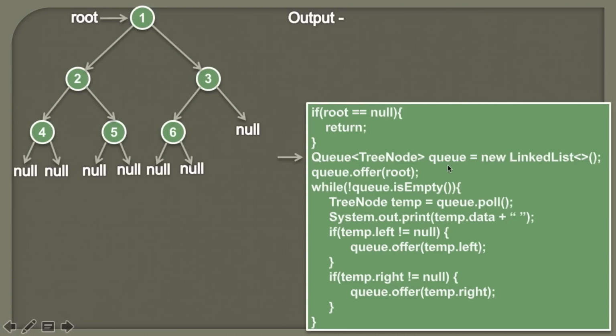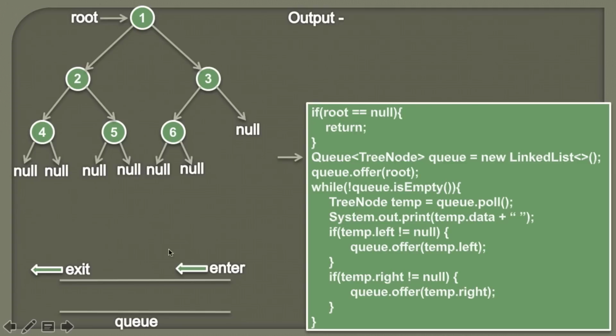In the next step, we first initialize the queue data structure. Here you can see the queue data structure where nodes are entered from one end and they are removed from the other end. This property makes the queue a FIFO data structure, that is, the element inserted first is the first one to be removed. In order to know more about queues, you can watch my previous tutorials on the queue data structure. In this tutorial we will use the Java implementation of the queue, which is a linked list. So we will initialize the queue by creating an instance of the linked list.